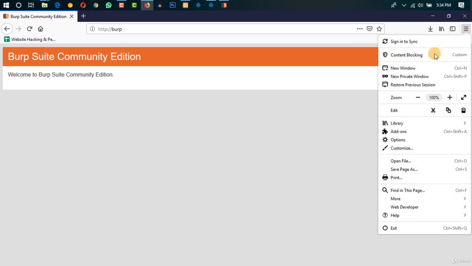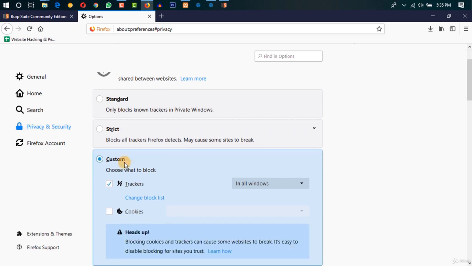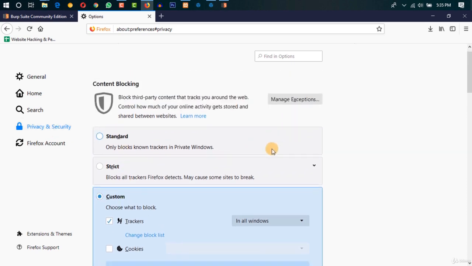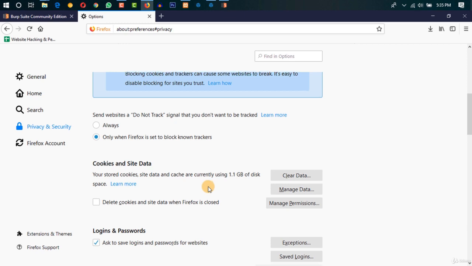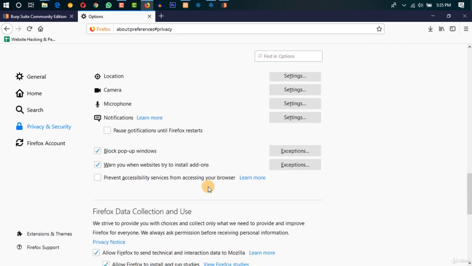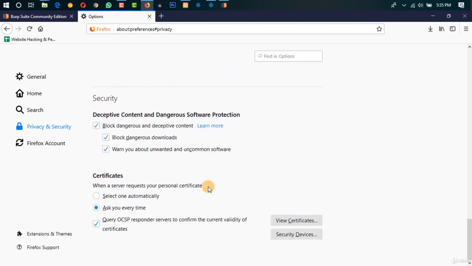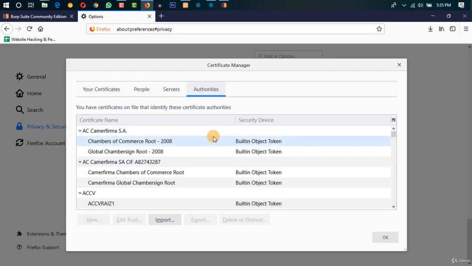Just go on options, go in privacy and security. Here you will find import certificates. So let's find that. So here it is, certificates, and we will say view certificates, and we will import a new certificate, right? So here you see import,